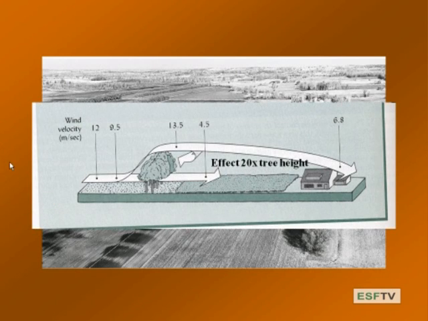Here's another illustration, and this is, again, the next page in the book. This shows what happens with wind velocity. This is in meters per second. Okay? And so here we're at about 12 meters per second, 9.5, and all of a sudden you hit the barrier, and there's a slight increase, okay, as the wind goes up and over the barrier, and then a marked decrease.